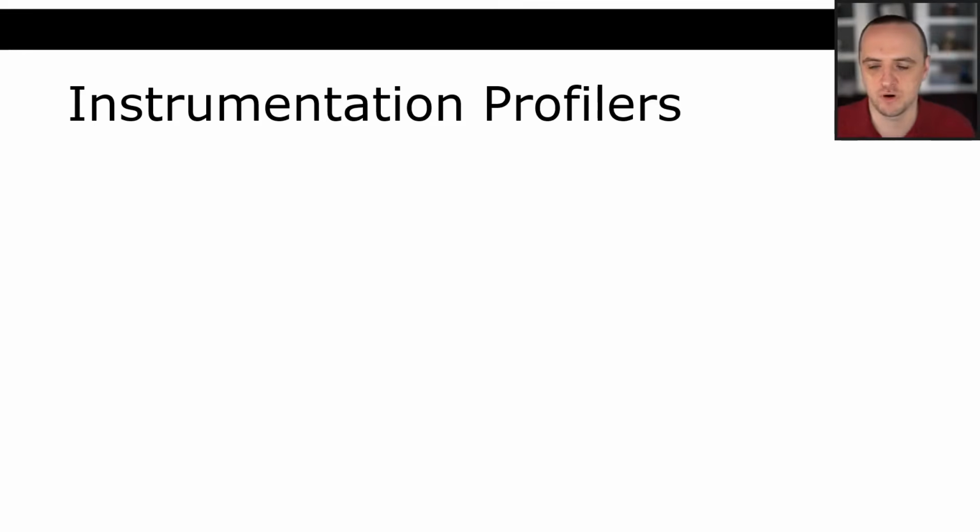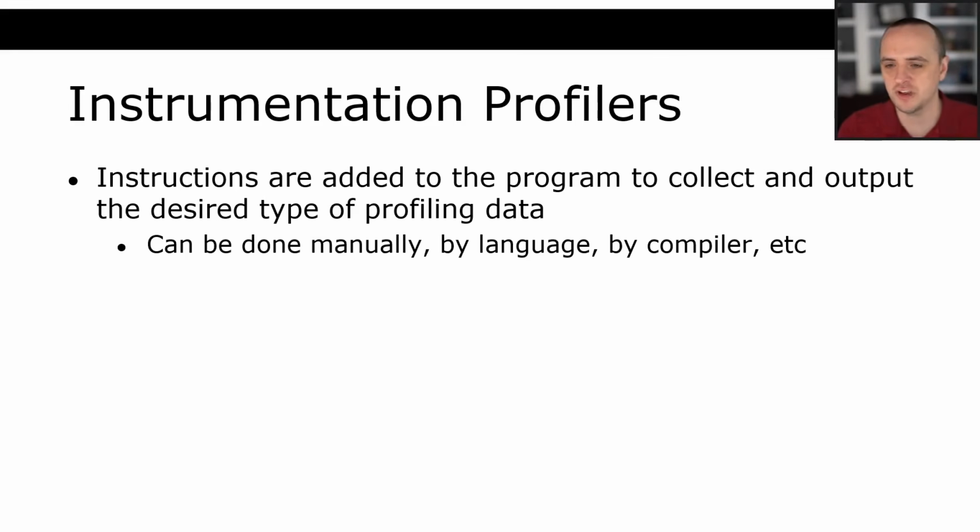The third type of profiler that we will talk about is called an instrumentation profiler. So in an instrumentation profiler, it kind of involves the most amount of work, but it also produces the most exact results. In an instrumentation profiler, instructions are actually added to the program to collect and output the desired type of profiling data. So it could be done manually, it could be done by the language, it could be done by the profiler, by the,